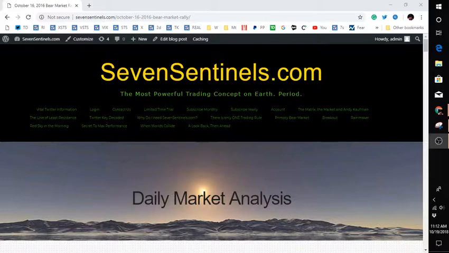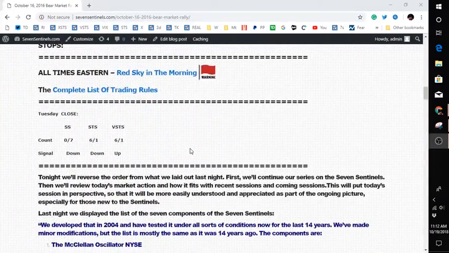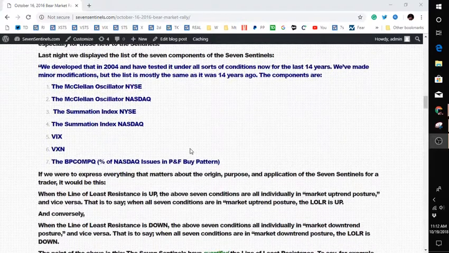We're going to talk a little bit today about the seven Sentinels themselves. What are they? Where'd they come from? What do they tell us? How do we use them? The seven Sentinels are something we invented about 14 years ago to explain or define what Livermore calls the line